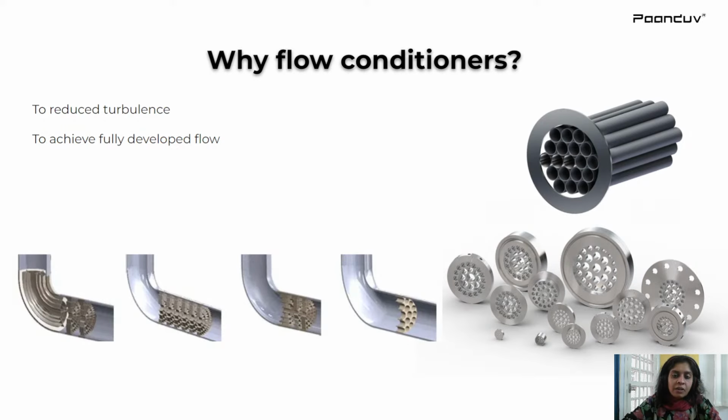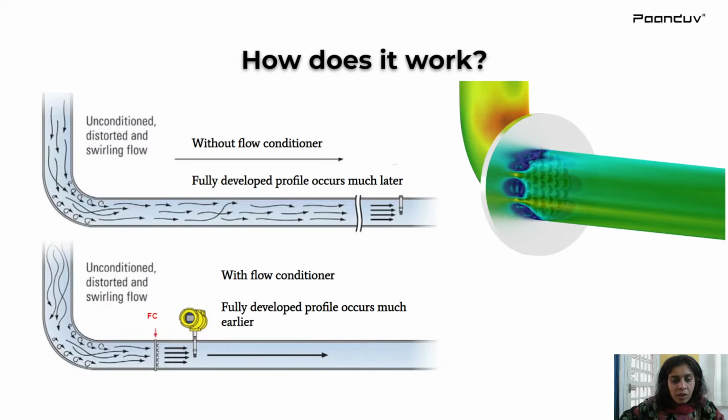So there are devices such as flow conditioners used before that, which eventually help you to minimize the turbulence and get the fully developed flow much sooner. So we modeled these systems, and we optimized what will be the optimum design of flow meter through which you can get the fully developed flow much sooner. So this is an example.